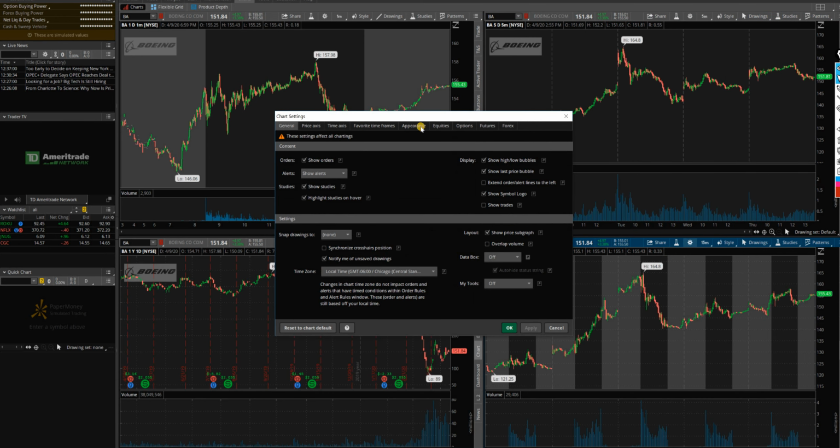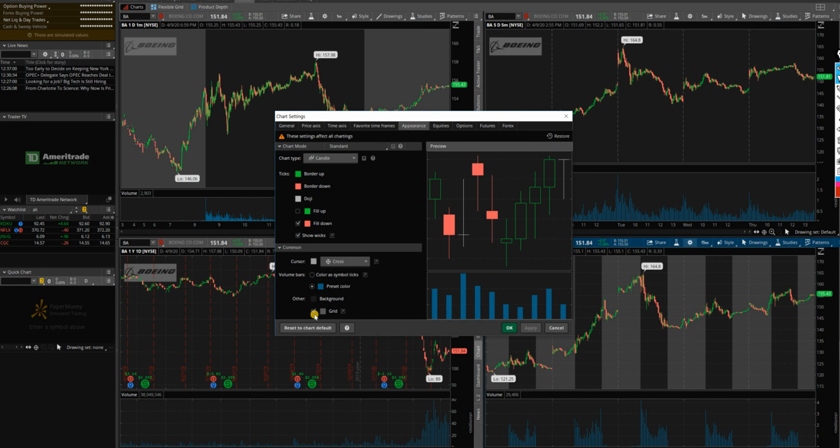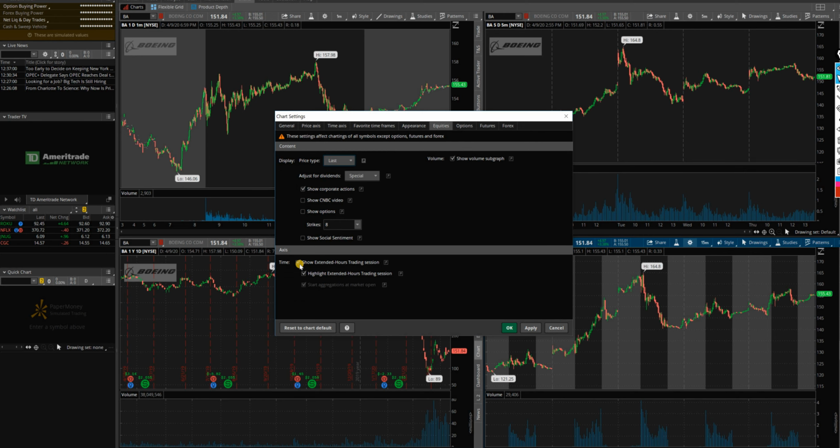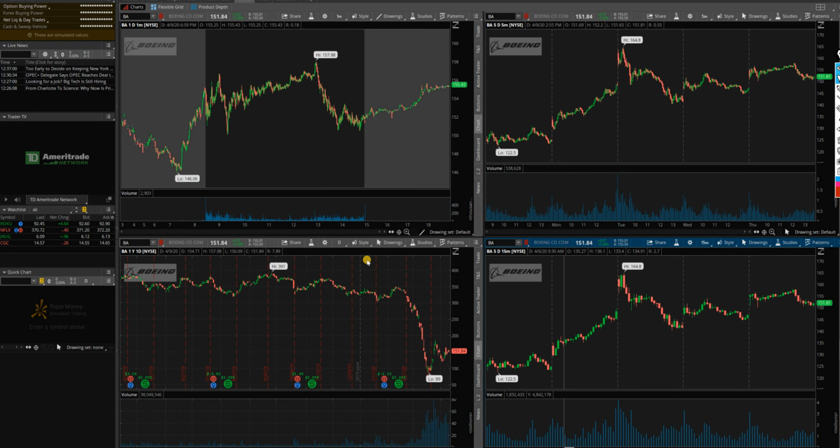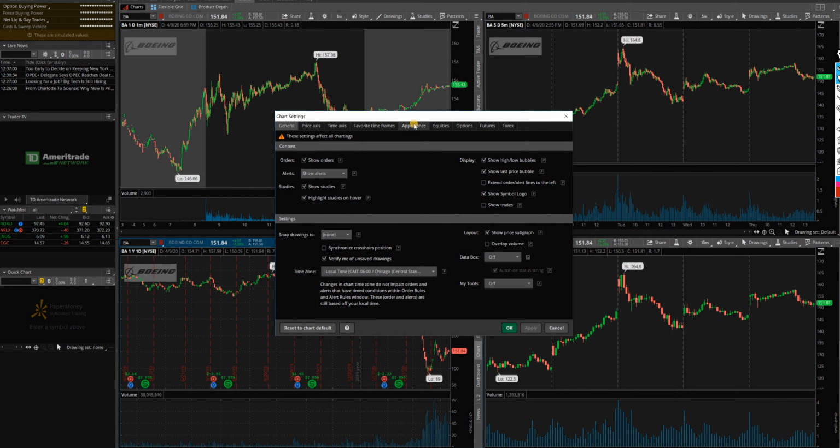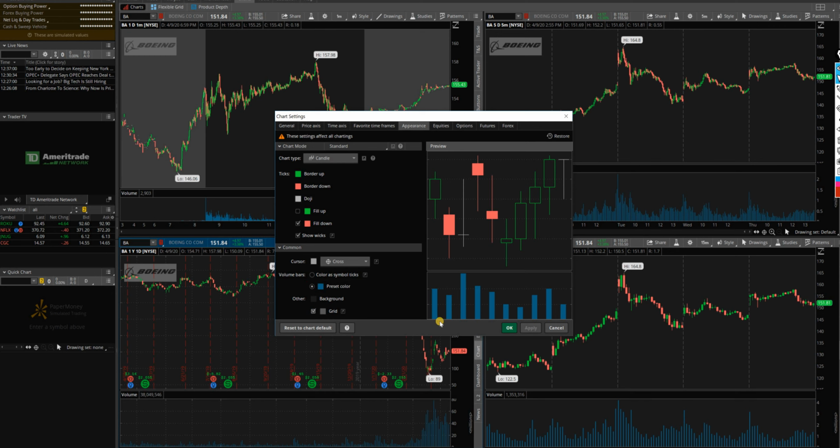Same thing I'm going to do here. Go to appearance, grid off. I'm going to fill up the candles. I'm going to go to equities and remove extended trading hours. Boom, clean. Same thing here. Settings, appearance, grid off, fill up the candles,